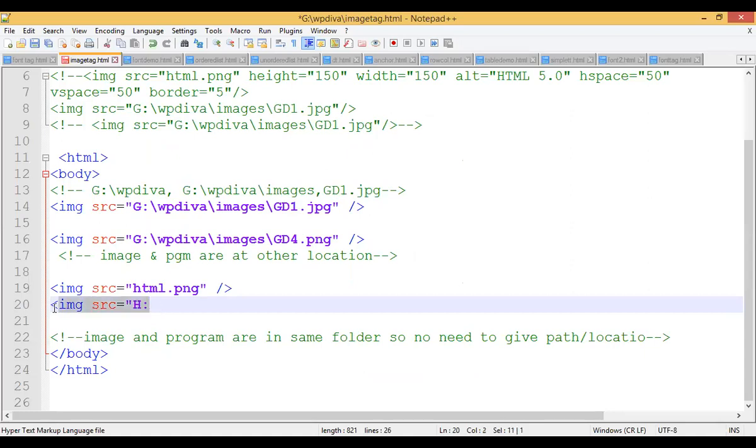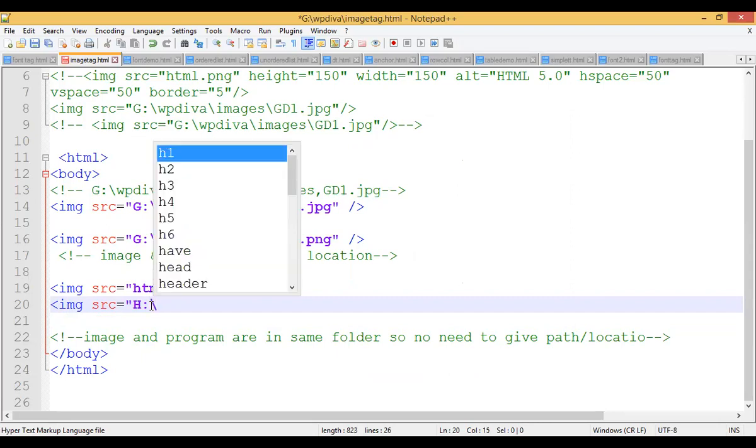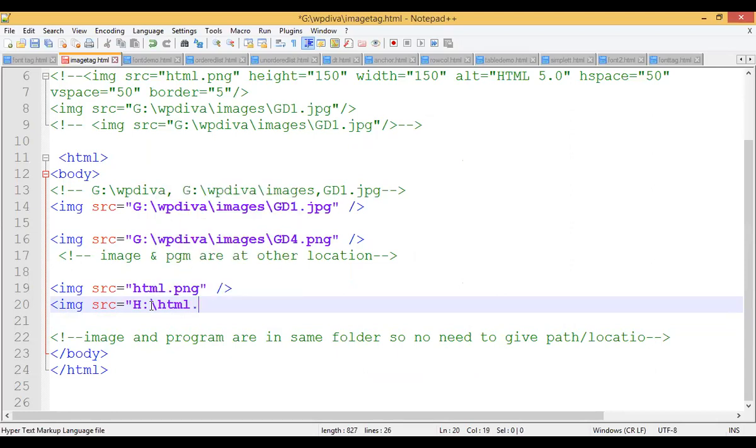So I'm typing this: image source is equals to H, then backslash, and the name of the image is HTML.png. Now just close the tag. How are we going to close the tag? Take a front slash here, right?